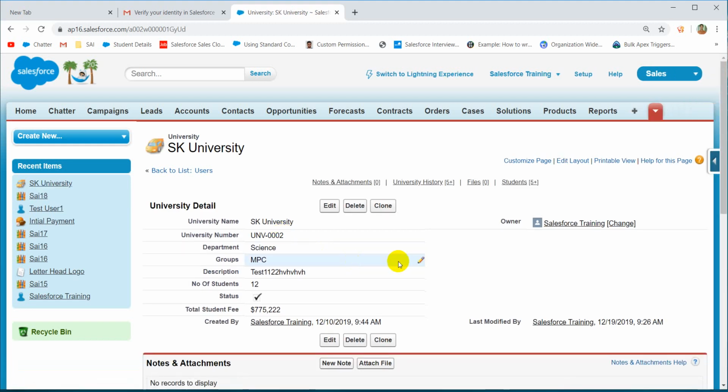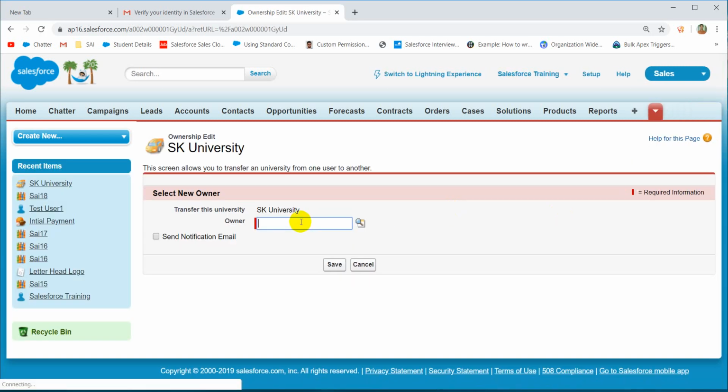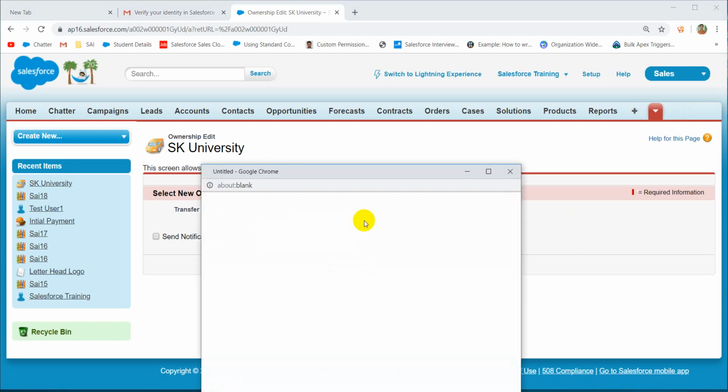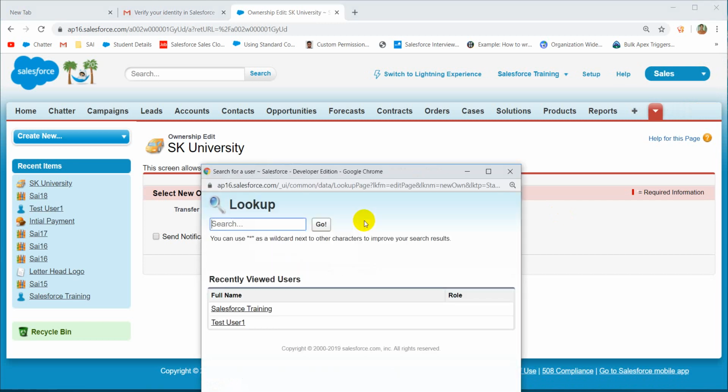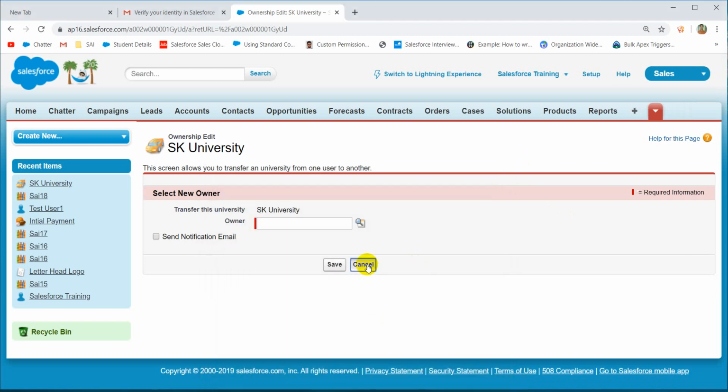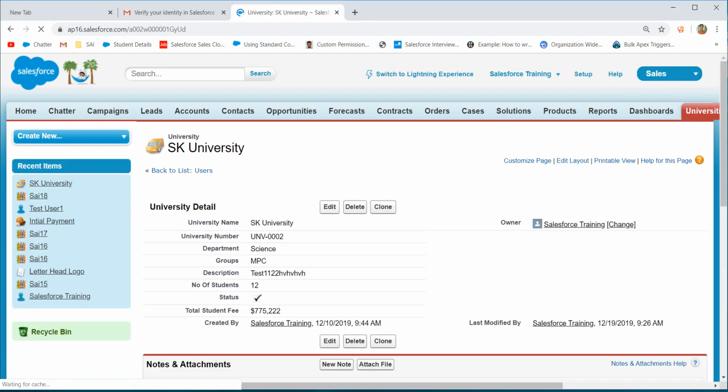But for a child record that participates in a master-detail relationship, there will be no owner because it is controlled by the parent. Now here, the owner will be any user, or a queue can also be the owner. I'll give you the explanation later. For now, write down